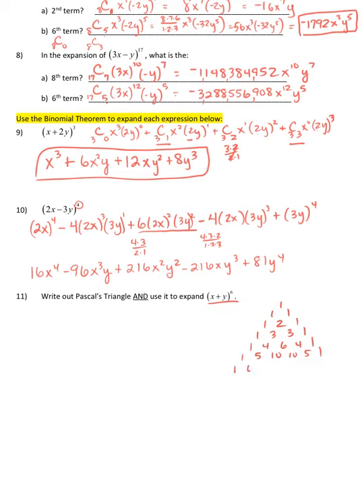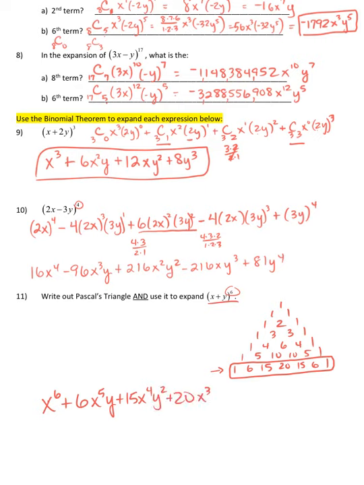Okay? And I have to do this until I get to where the second number is the exponent, 6, and that's this one. So we've got 20, 15, 6, and 1. So I know that these are going to be the coefficients of x plus y to the 6th. And so now to write out my answer, all I have to do is say, okay, it's x to the 6th, and then plus 6, and it's x to the 5th y, and then 15, and then we go x to the 4th y squared, and then 20, x to the 3rd y to the 3rd,